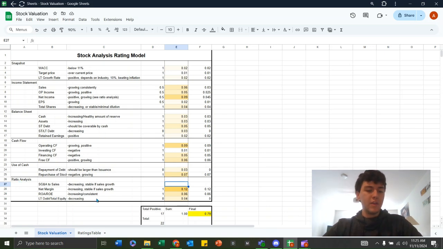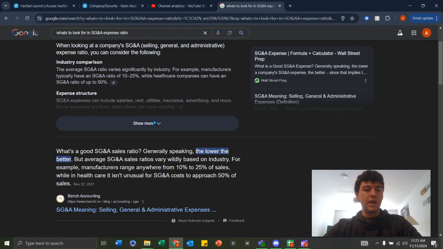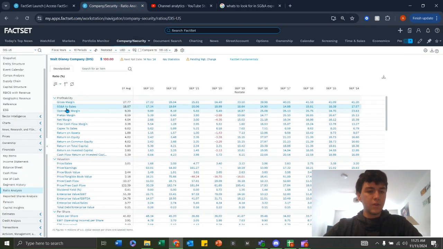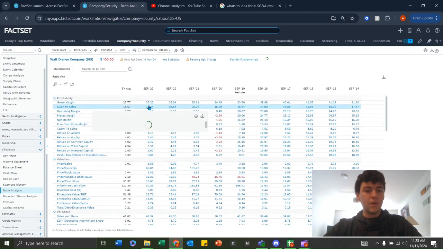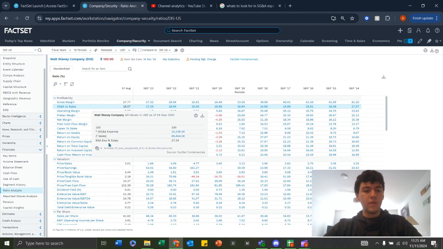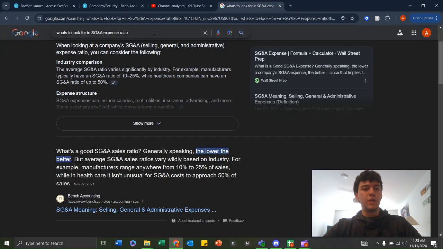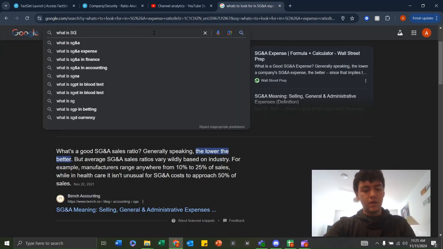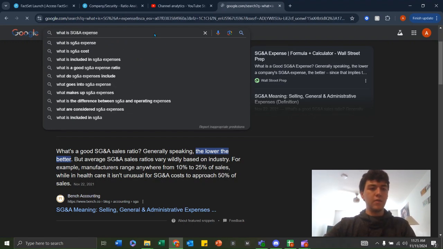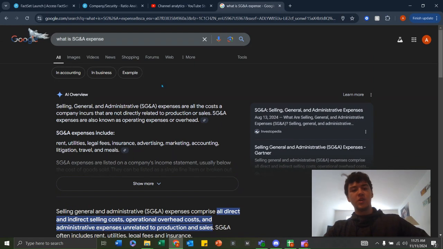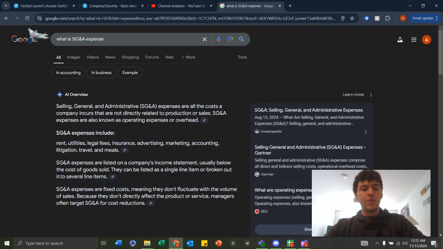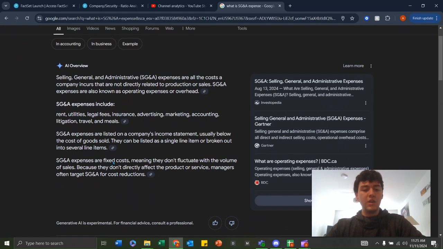So one thing I've been seeing more often is the SG&A to sales ratio. I did look it up, but if we look here, it's essentially the ratio of their SG&A expense to their sales. So if we go back here and just say, what is SG&A expense? SG&A is essentially just the costs that they take that aren't directly cost of goods sold. It's just other expenses that they have, and it's usually a good thing